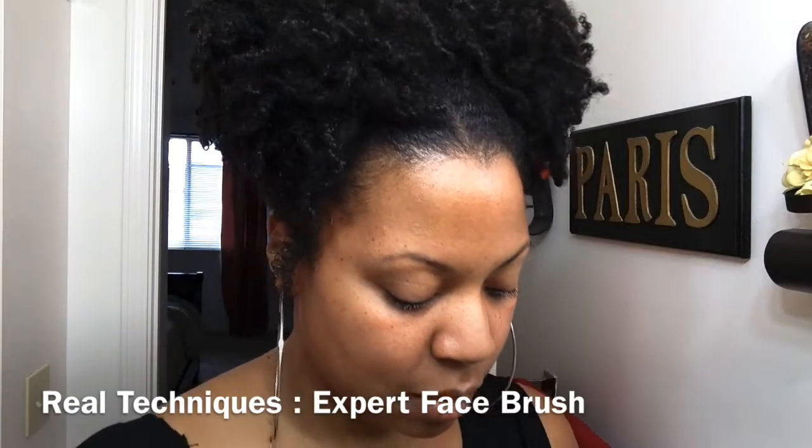I'm going to begin with using one of my favorite products, and that is by Iman, and that's her BB cream in Clay Medium. It is paraben free, it has SPF 15 in it, but it does not leave that awful white cast on the skin like some BB creams will, especially for women of color. And a little bit of it goes a long way. What it does, it evens out my skin tone,